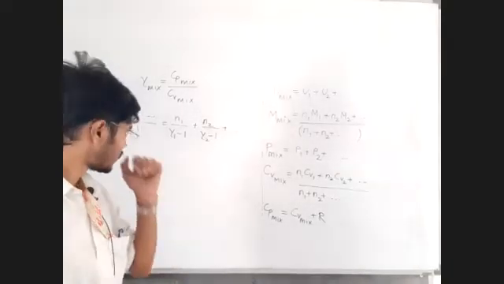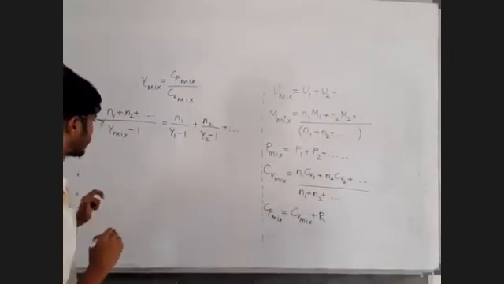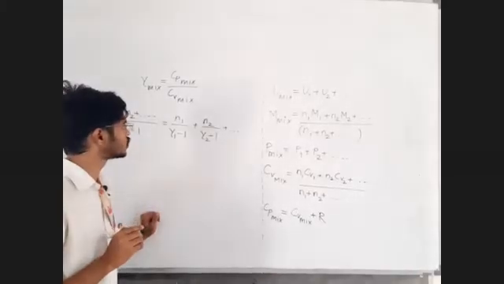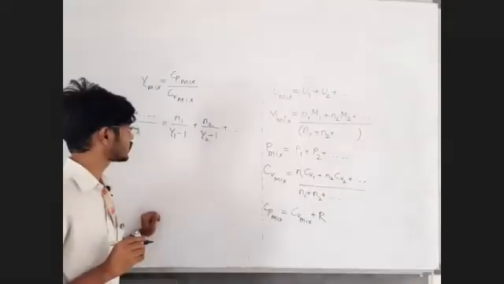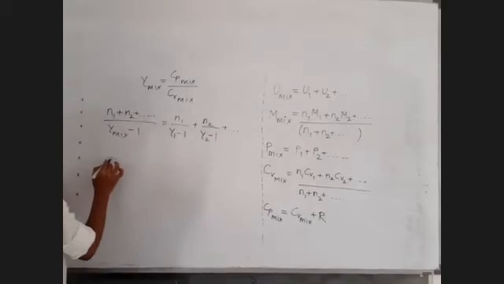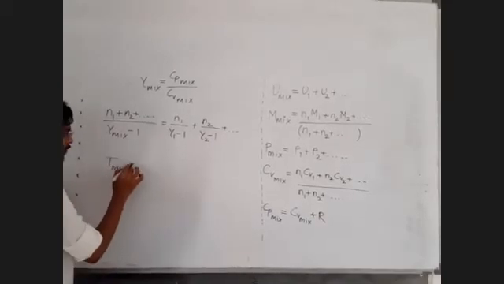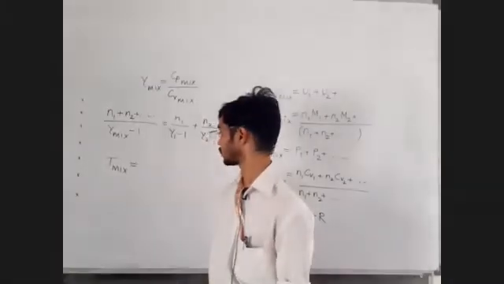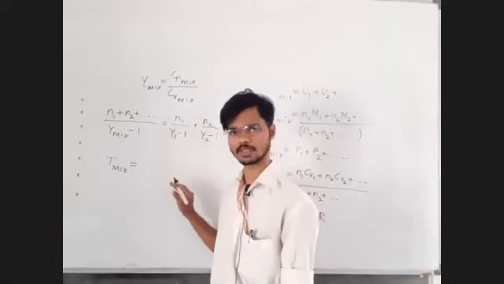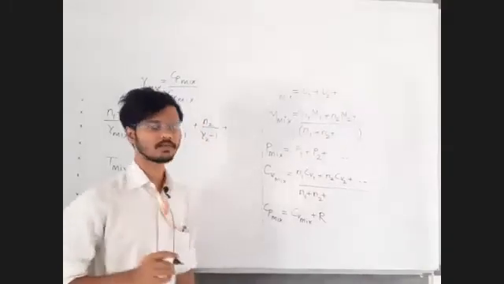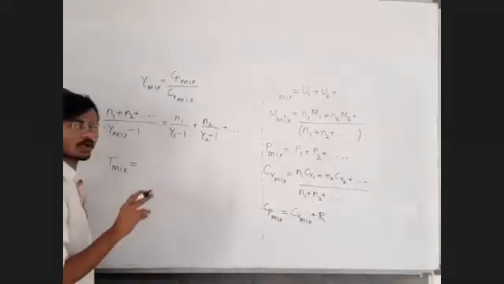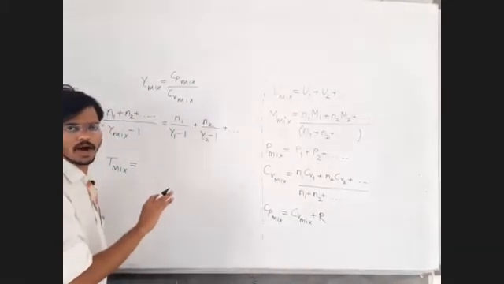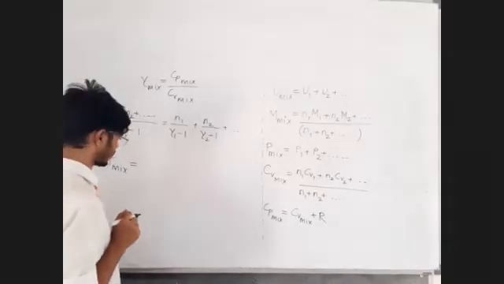Fine. All right. Now, do you know for mixture of liquids we were using one formula, that is temperature of mixture is equal to M1 S1 T1 plus M2 S2 T2 plus M3 S3 T3 whole divided by M1 S1 plus M2 S2 plus M3 S3. In the very similar fashion, instead of mass, now we have number of moles. Instead of mass specific heat, now we have molar specific heat. Okay.